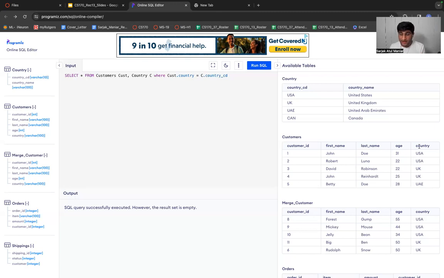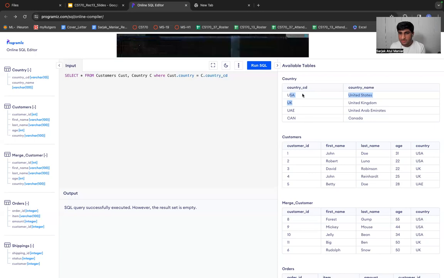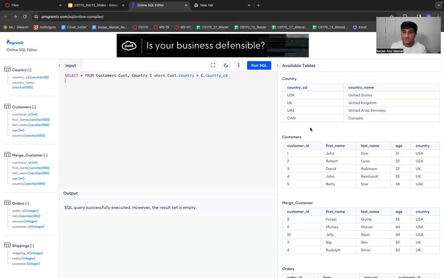Make sense? Right. Because over here, if you see, the country column has the values in the form of USA, UK. Basically, it's just the country code. The names of the columns in these 2 tables, country and customers, are different, but the values are actually similar, right? In a similar format. So we can use a join, which will be applied between these 2 tables, and will simply join them based on a common column. Now you'll ask what is a common column? The common columns over here are country code and country, right?